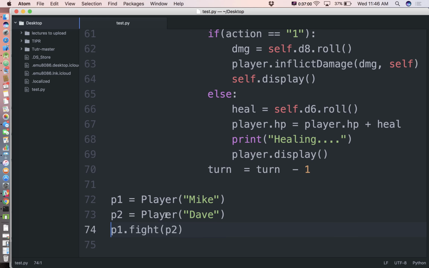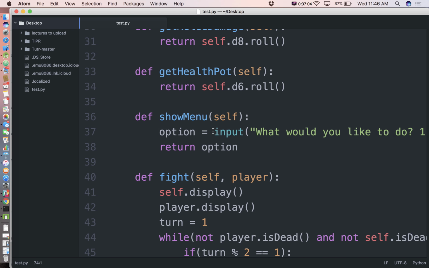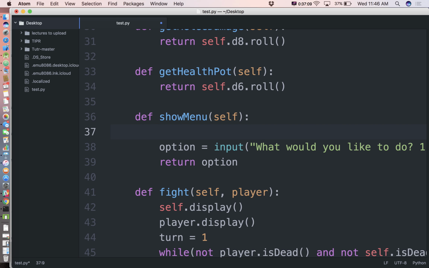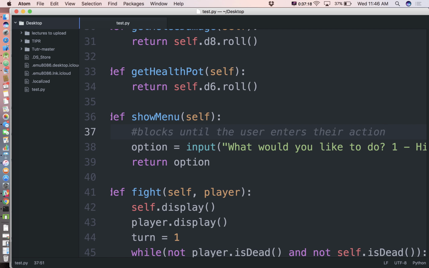And let me just talk about that for a second. So this show menu thing, because this waits for user interaction, does something called blocking. It blocks until the user enters their action. That make sense? So this is called blocking code, or code that blocks. It pauses the program until we can continue on. All right, and we don't really have great context for that right now, because that seems like,